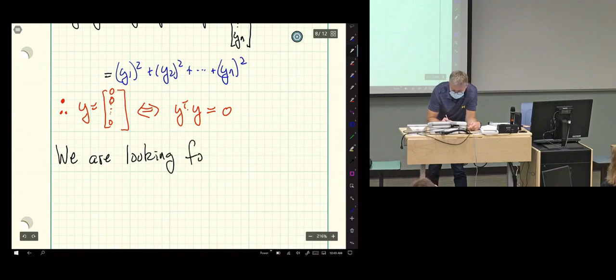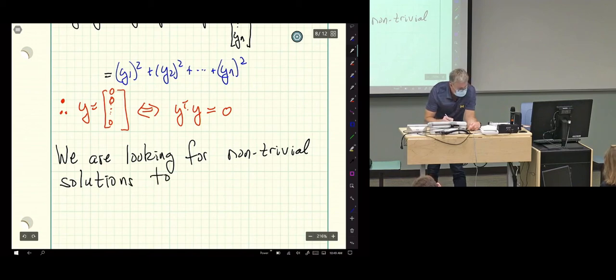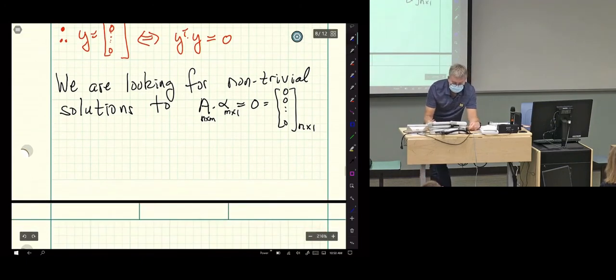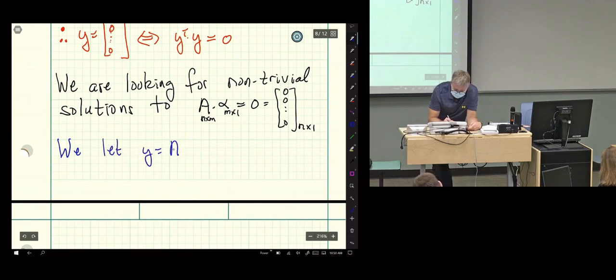So we are looking for non-trivial solutions to the matrix equation A times alpha equals 0. Okay, and this is the 0 in Rn. That's n by 1. A was n by m, and alpha is m by 1. I just ran out of time, so I'll write this down and stop. So we let A is this,